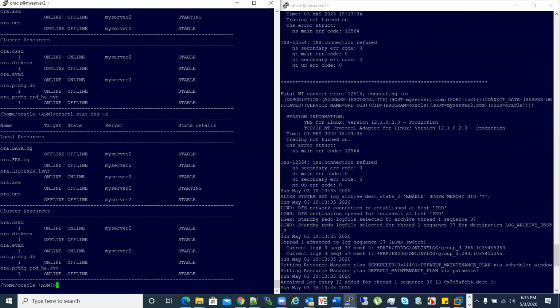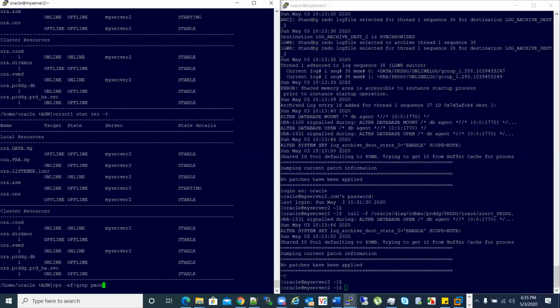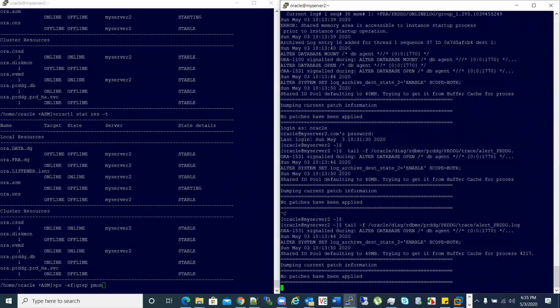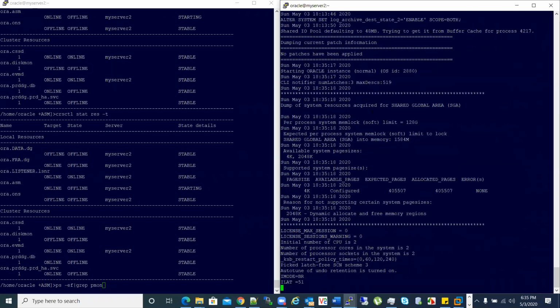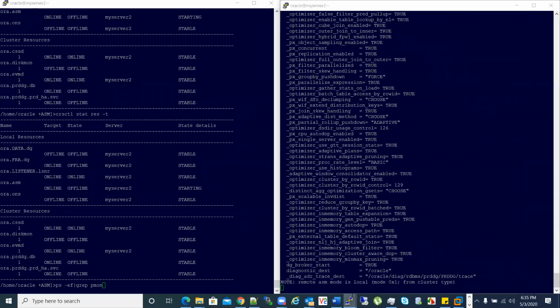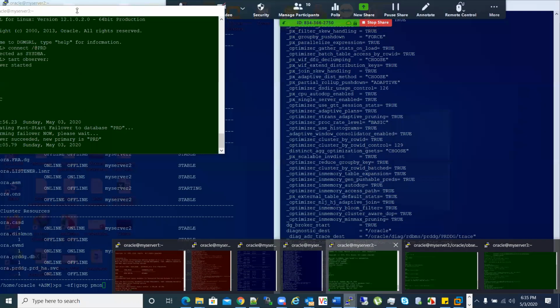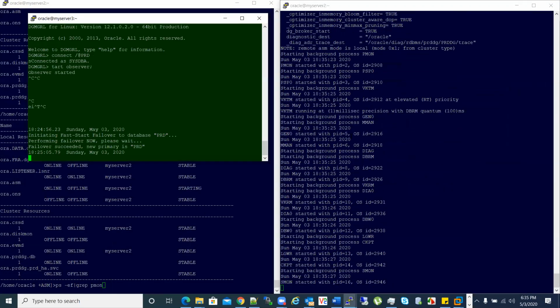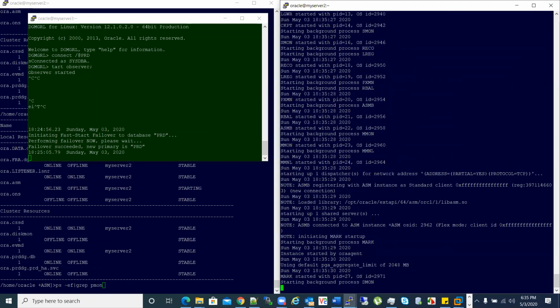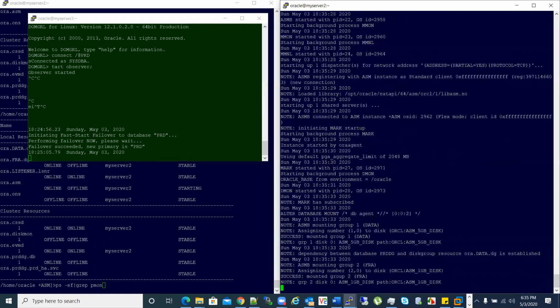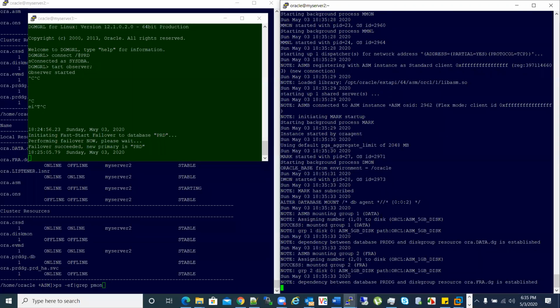At the same time, I will tail the alert log also on the right side because I wanted to see what's happening here. Okay, looks like something is happening in the database. DB is coming up now. It was primary when I shut it down, and it will try to come up as primary.